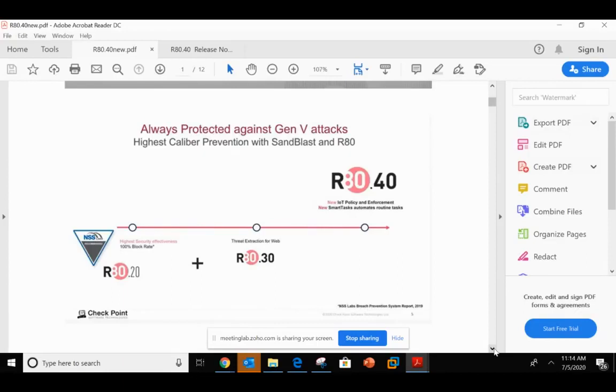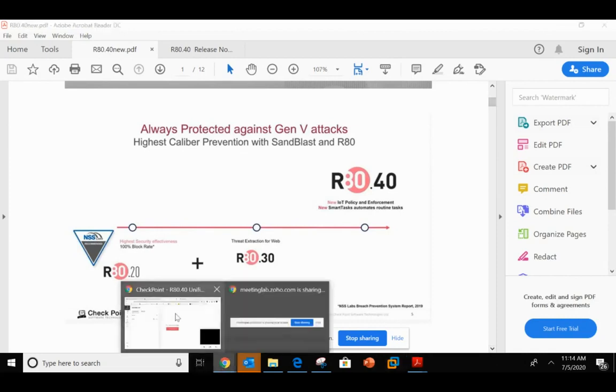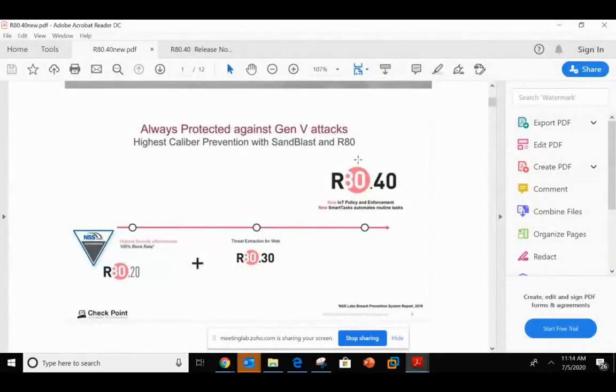And we needed to release the lock if another administrator wanted to change any policies or something. So now with R80.40,